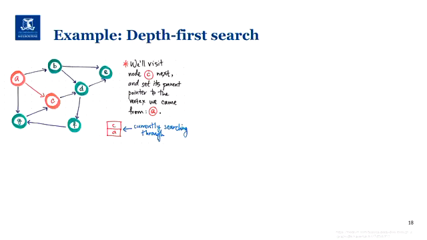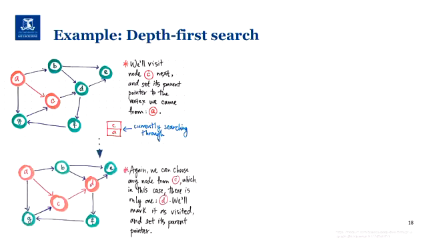And then we'll visit next C and add it to the stack, okay? And from C, we ask the question, can we continue moving on? And from C, we can go to D. Notice that from A, we had 3 options. We could go B, C, or G. The order in this case doesn't matter, okay? So first, let's say we go to C. We stack C. Then from C, there is only one option, which is going to D. And we add D to the stack.